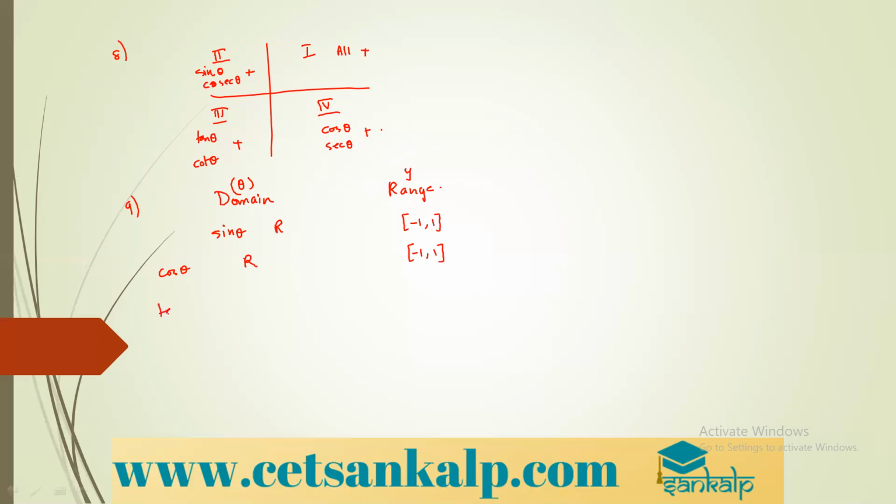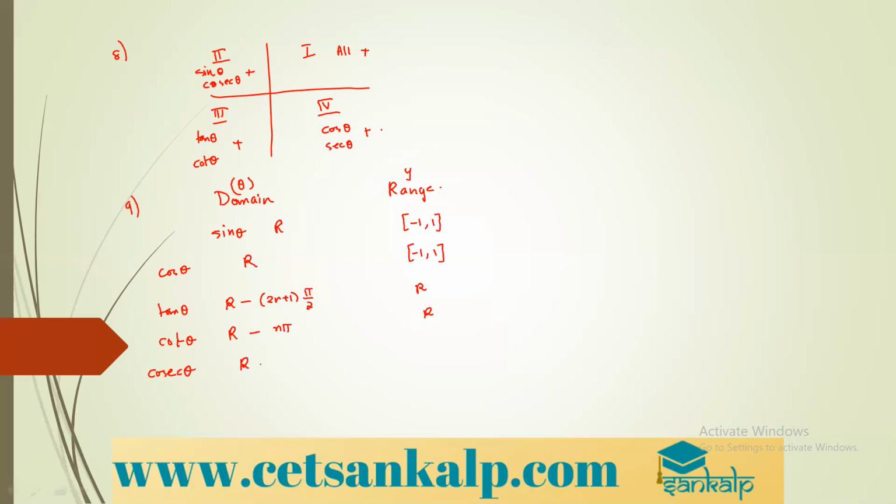Tan theta, for theta you can take any real number, but you should not take odd multiples of pi by 2 because there the tan function is undefined. And the range or the graph you can see anywhere for all real numbers. Now for cot theta, theta can be any real number, but you should not take multiples of pi. Range, the graph can be seen everywhere from -infinity to +infinity.